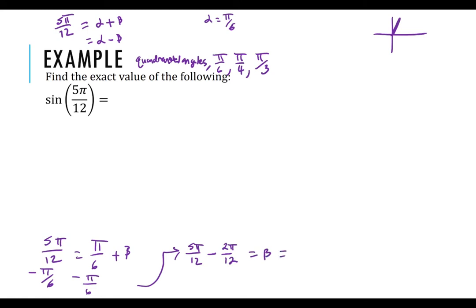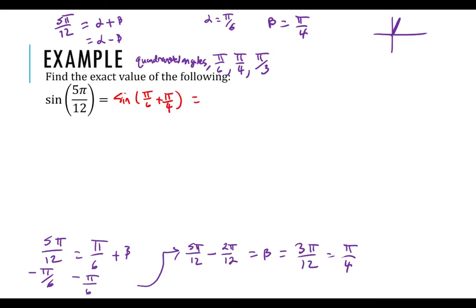But 5 minus 2 is going to be 3 pi twelfths. And 3 pi twelfths is really pi fourths. And so I recognize that if alpha is pi sixth, then beta is pi fourths. And so then I can rewrite sine of 5 pi twelfths as sine of pi sixth plus pi fourths,